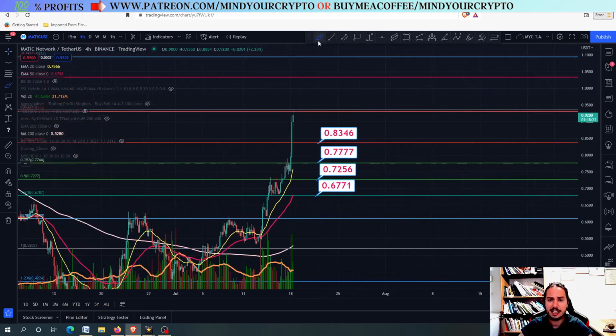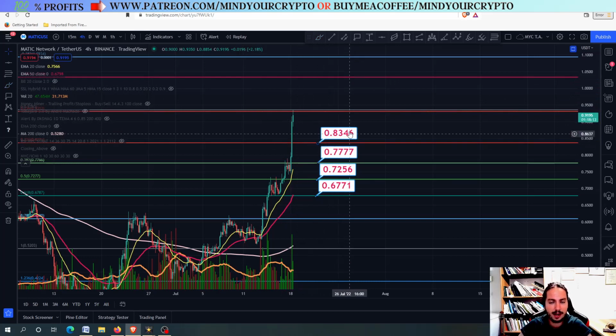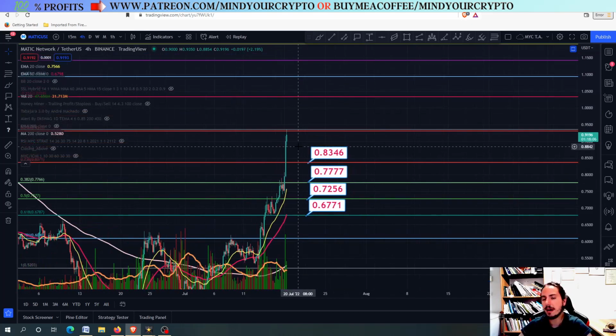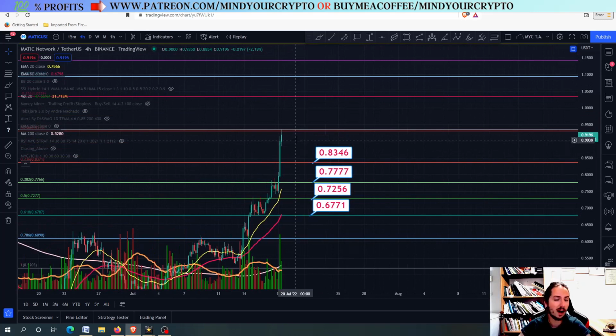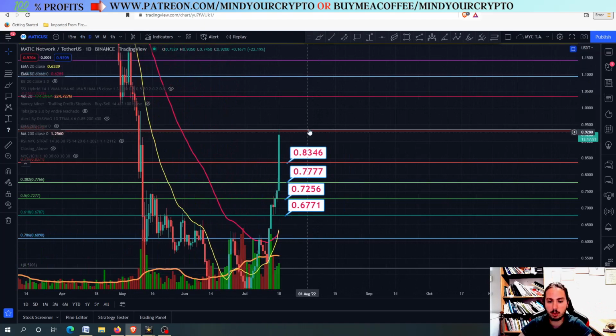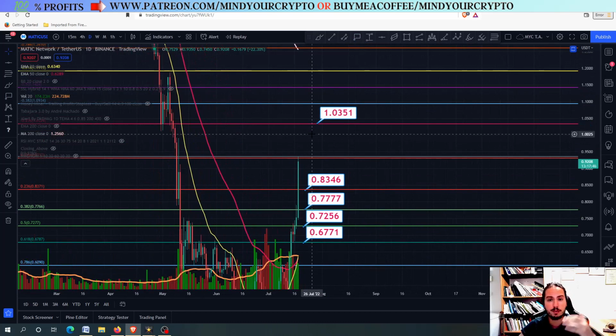I really think that if Matic could be able to hold the 0.83, then we would for sure go to the 1 USDT. However, right here, if we cannot manage to pull it off and we go further down, then I think that a further retracement will be coming in. And why am I having more support than resistance levels? Why, for example, can Matic not go even higher? Yes, it can. However, because we are in an ultimate resistance level right here, I prefer to give more support levels. Anyway, I will be talking though about the next resistance levels because Bitcoin might be getting, for example, to 23.4 to 23.5k USDT. This will help Matic to go even higher and potentially even going to the 1 USDT, right? So yeah, 1 USDT will be the next target, but we have first to close